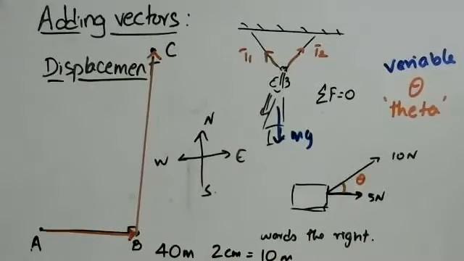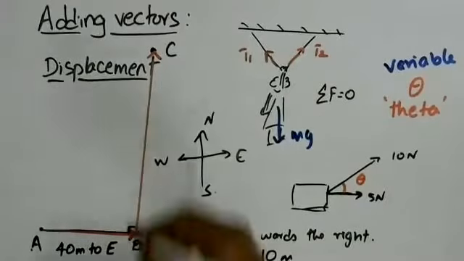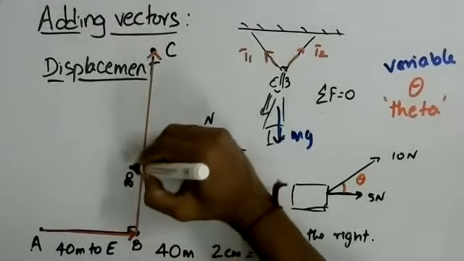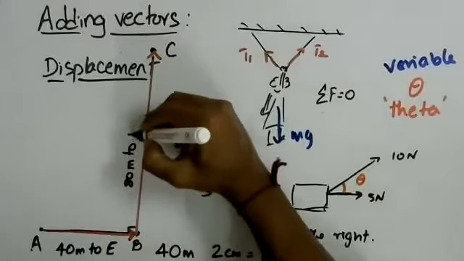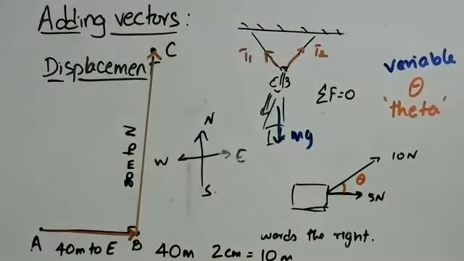Okay. But I don't understand how A to B is a vector. To the east. 40 meters to the east. How is it telling the magnitude? 40 meters. Oh, the length to travel. Steps or something. Yeah. Correct. So are you convinced that these are vector quantities?